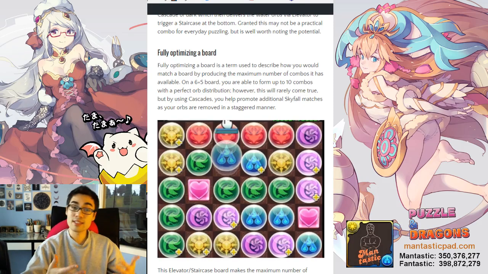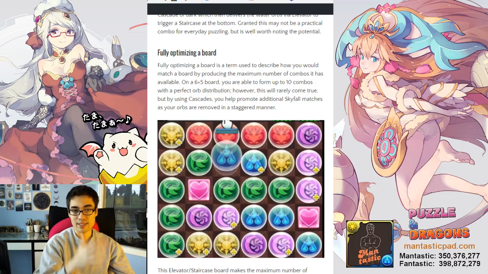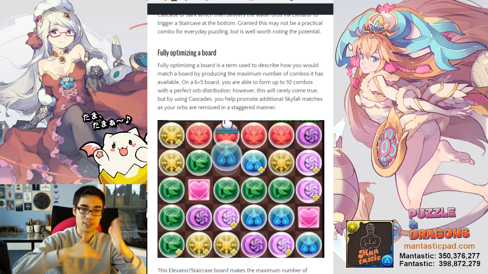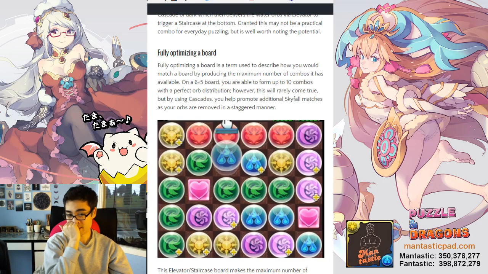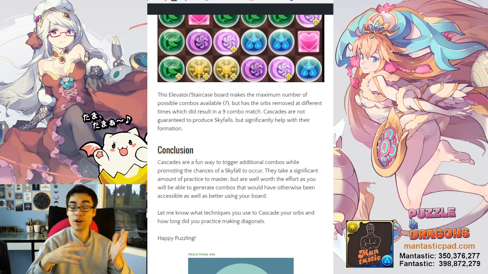So I could only get 7 maximum, but when I did this board and I did a full, like all the cascades, it actually shows that I actually got 9 out of it because 2 skyfalls occurred because of the delayed rate in which the orbs disappeared. Something to keep in mind when you're trying to optimize a board that can't be perfect 10 comboed is using cascades like this. So, in conclusion, cascades are an advanced orb matching technique, but they are fun to use